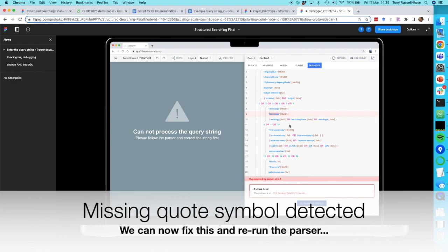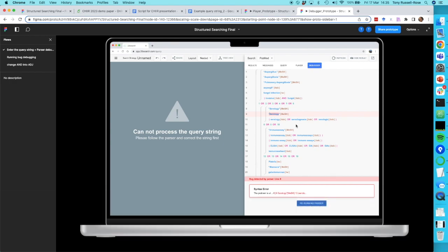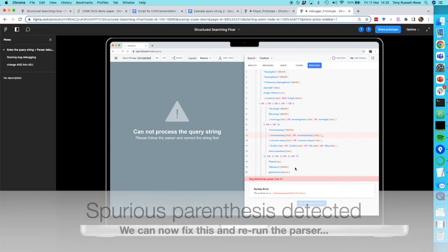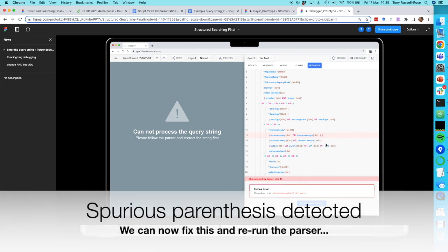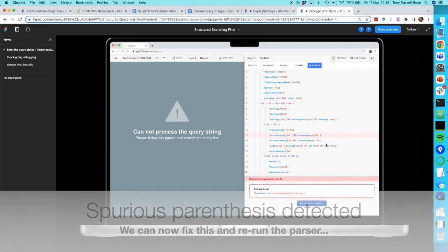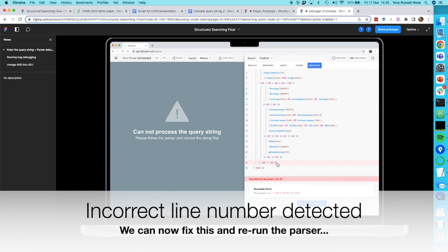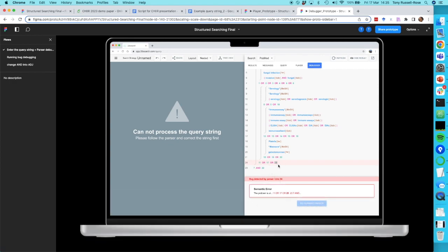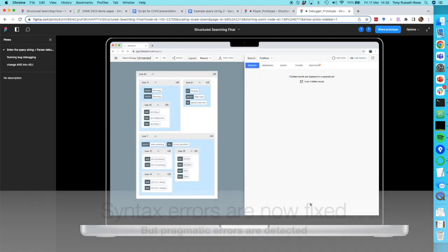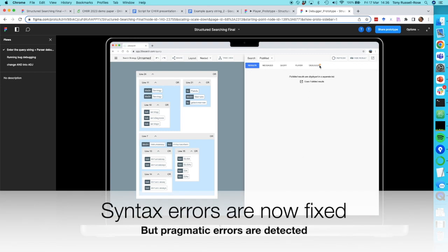And this is a genuine example taken from one of the expert searching mailing lists where this is a genuine error. So we can rerun the parser now, and it goes past that line because that one's fixed, but it's found another error, and again this is a genuine error. There's an extra bracket, so we can remove that, run the parser again, and there's another error here. It's a semantic error. There is a line number is incorrect, so we can fix that. It looks like it should be 22, so we'll put it to 22. And now we rerun the parser, and sure enough it builds, but we can see that there's a little error